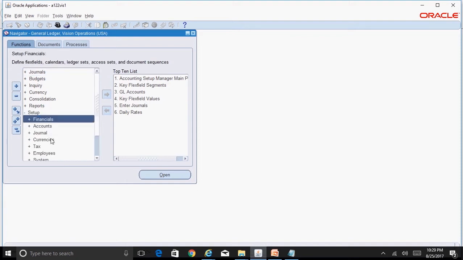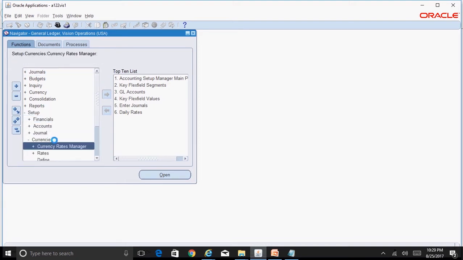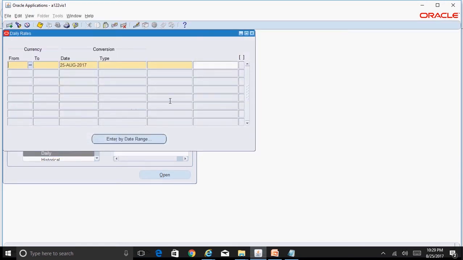Go to setup, currencies, rates, daily. We'll try to run the translation process for the current month, which is August. So we'll check if there are any exchange rates available, or if there is no exchange rate, we'll try to enter the exchange rates between USD and Euro for the period end rate, which period end date is 31st of August 2017 for August, and the period end rate type is corporate. So 1 USD to Euro would be, I'll say, maybe 0.85,